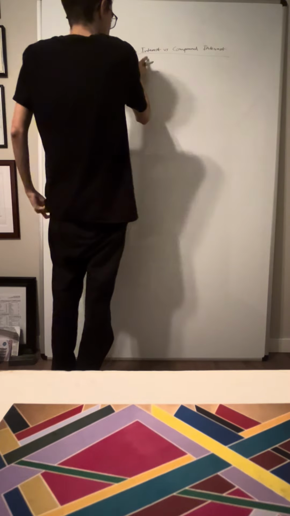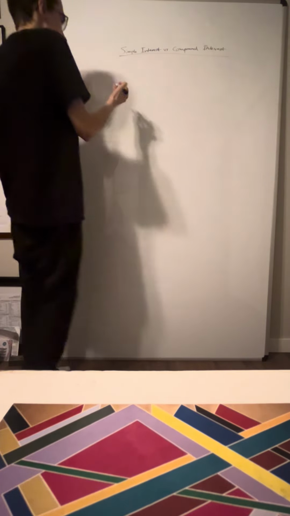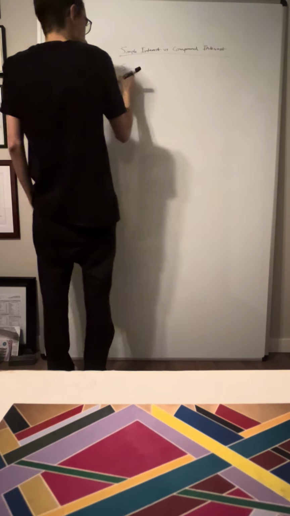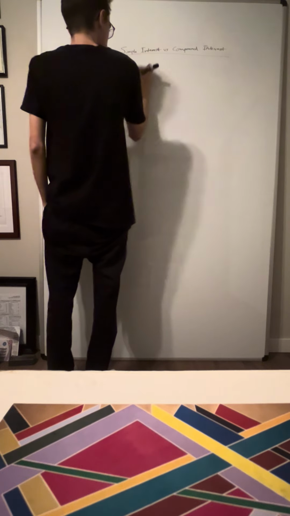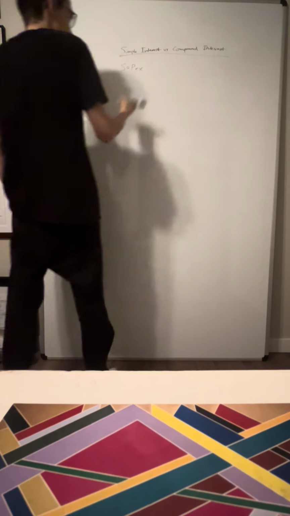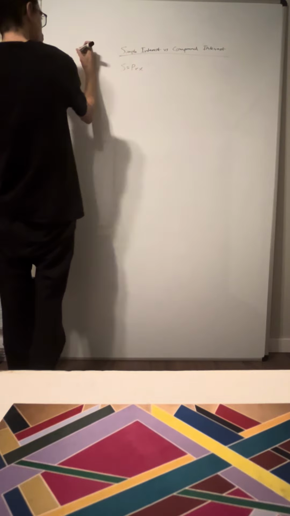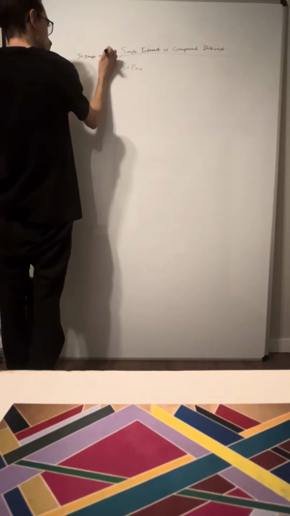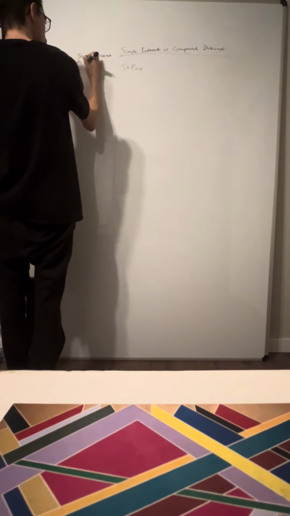Well, if we're talking about simple interest, then this is actually able to be defined as, let's take simple interest and call it S, and let's say that that's going to equal the principal times the rate times a unit of time. So let's go ahead and name all these variables. So S equals simple interest, and